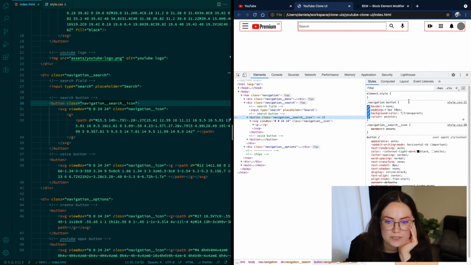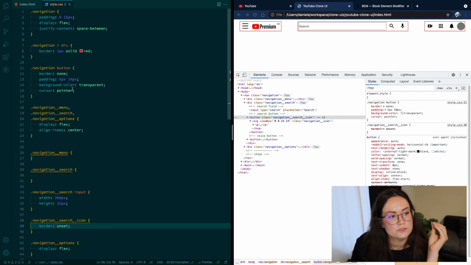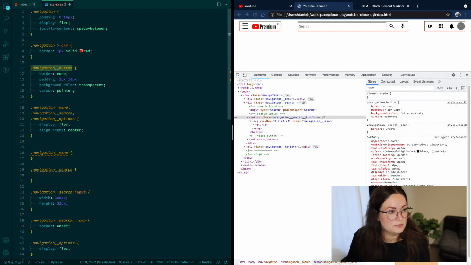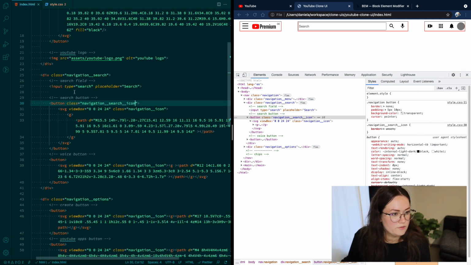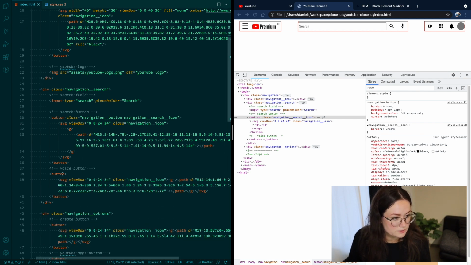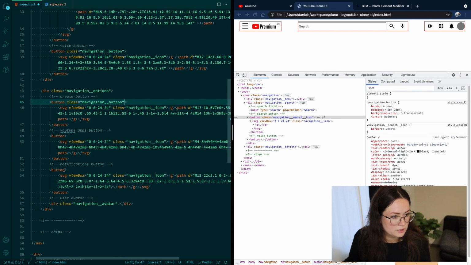Because if you do a class and then you put a selector, in our case the button is the tag, then it's more specific than any class that is applied after that. So we cannot do a navigation button. We will have to do navigation underscore underscore button, and that's how we're going to go with it. So every button that we have is going to be navigation button. Being lazy, I don't want to type it. Now we can copy this and apply it to every single button, because it's going to have a unified styling,